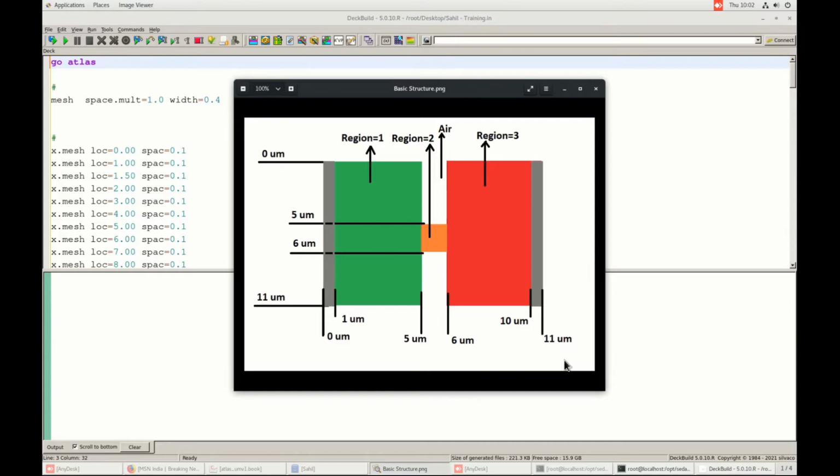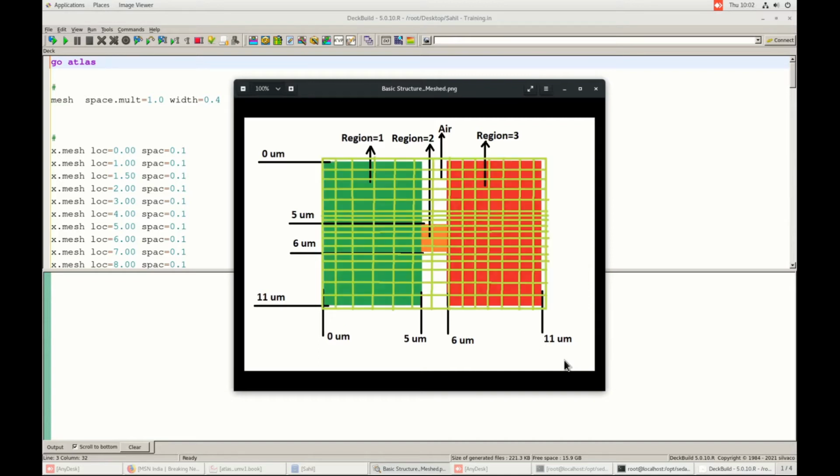So basically I divide this entire structure into fine points. You can see here, I have divided the entire structure into fine points. This is called mesh. It can be uniform, it can be fine at some parts, like it is fine here, and coarse at some parts. The active area, like this is my active area, the mesh should be fine here.